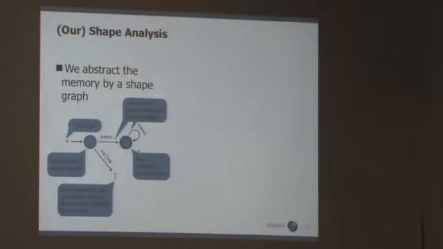And the shape graph has several elements. In the shape graph, you might first have the local variables of your method that point to nodes in this graph. So this says that from local variable x, you can access memory that respects this structure described by the rest of the graph. And then you have nodes, and we have two kinds of nodes. We have nodes that say this node represents a memory cell, and it represents just one memory cell. Other nodes summarize and talk about a whole part of the memory, and represent everything going on in a section of the memory. So we have those two kinds of nodes, and of course when you know that something is just one cell, you'll see